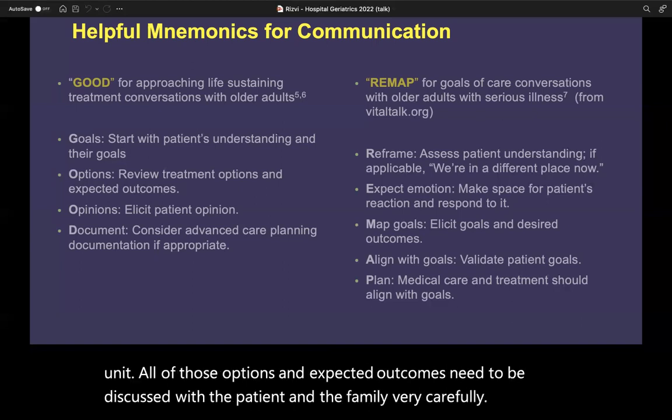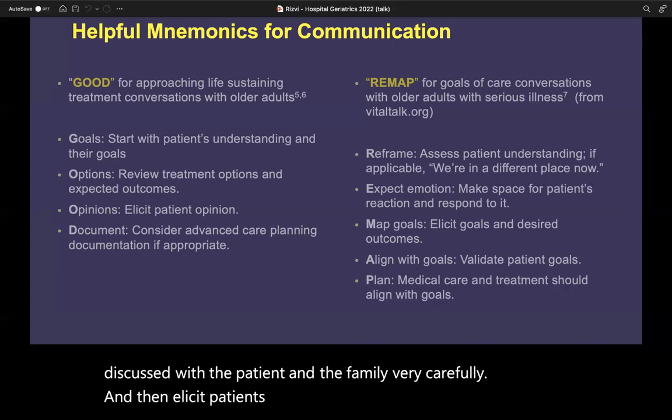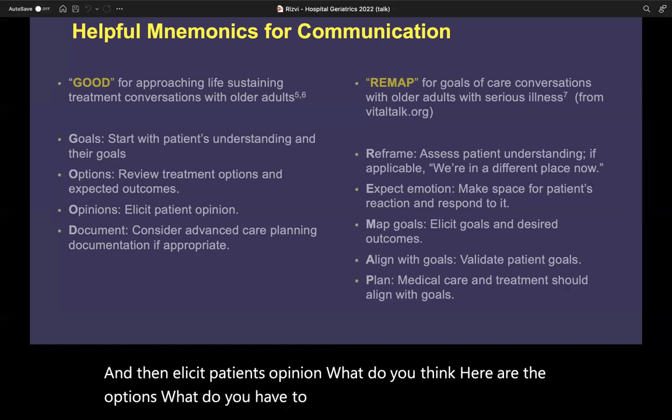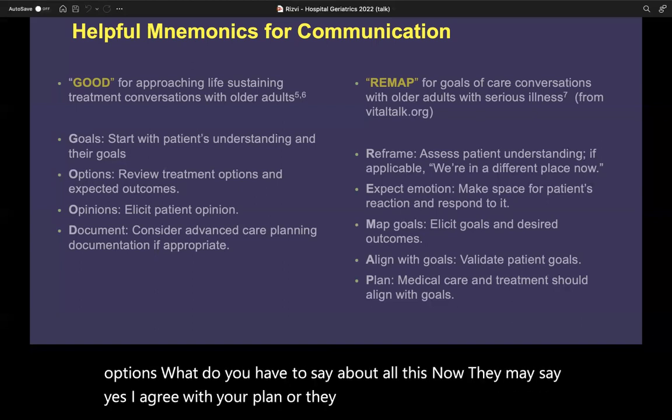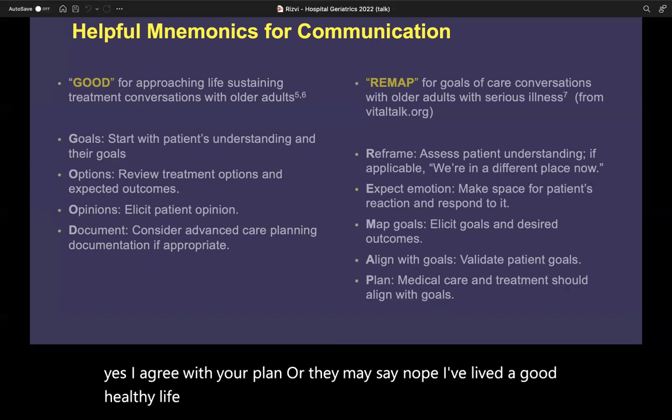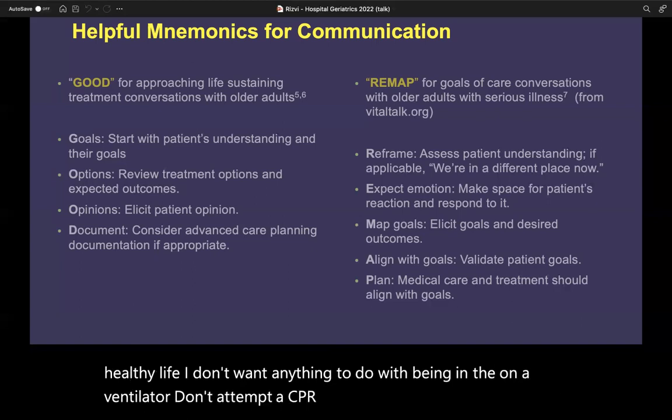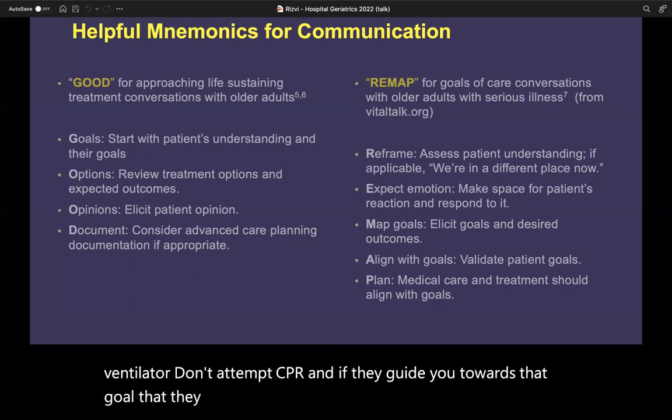And then elicit the patient's opinion. What do you think? Here are the options. What do you have to say about all this? Now, they may say, yes, I agree with your plan. Or they may say, nope, I've lived a good, healthy life. I don't want anything to do with being in the ICU on a ventilator. Don't attempt a CPR. And if they guide you towards that goal that they have, then document that very clearly